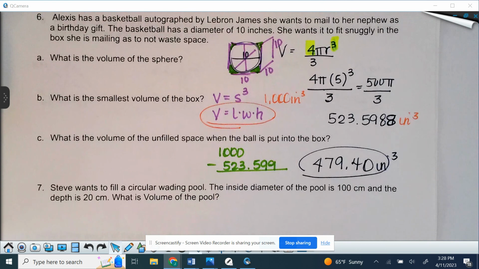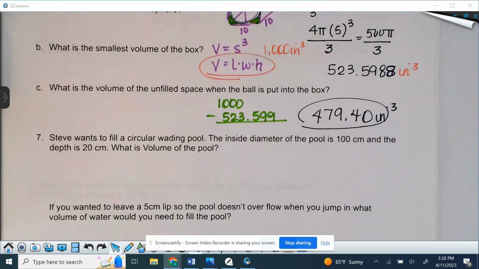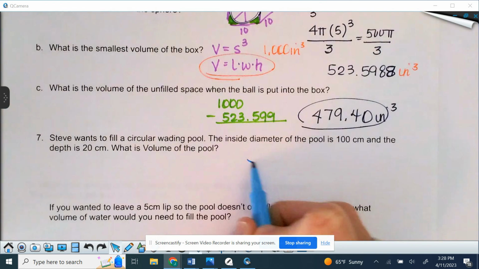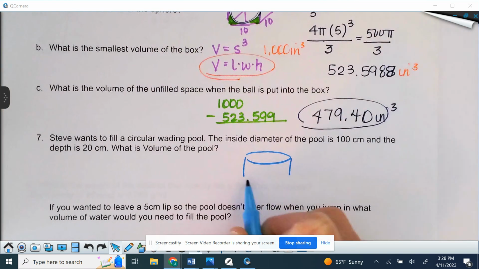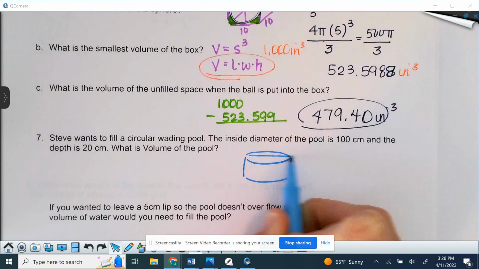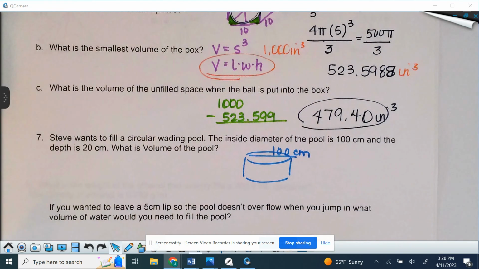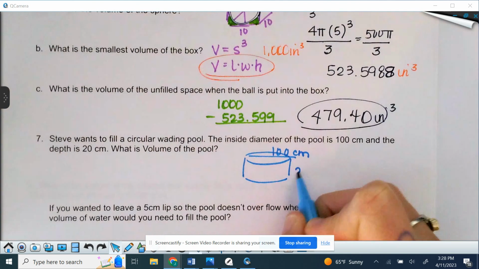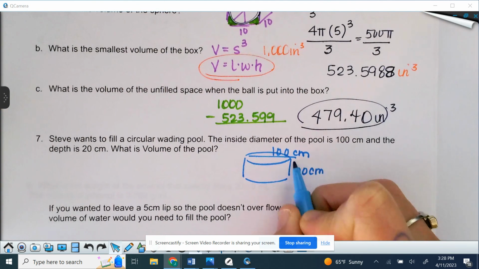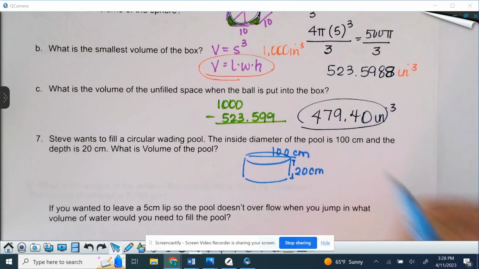All right, Steve wants to fill a circular wading pool. The inside diameter of the pool is 100 centimeters. So we have a pool. The diameter is 100 centimeters, and the depth is 20 centimeters. What is the volume of the pool? So depth is height, so up and down. Again, this is our stack of baloney. Pi